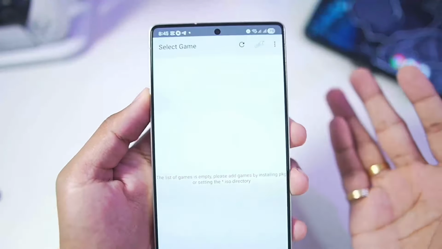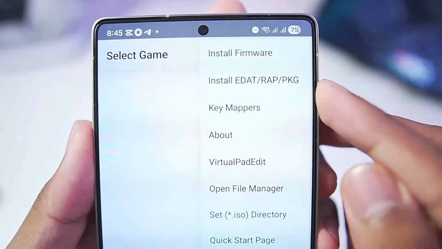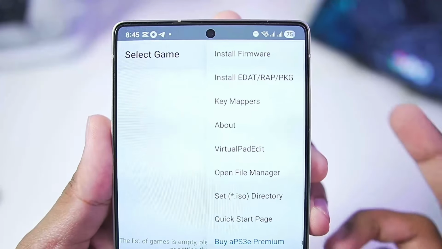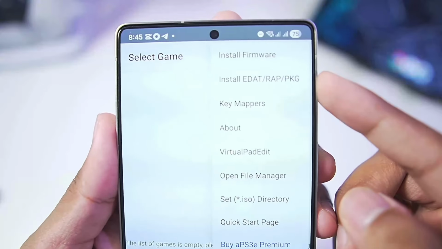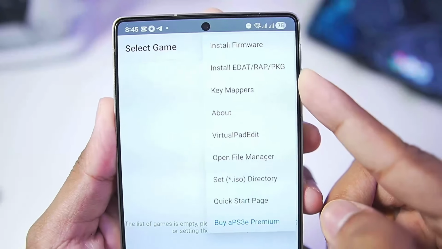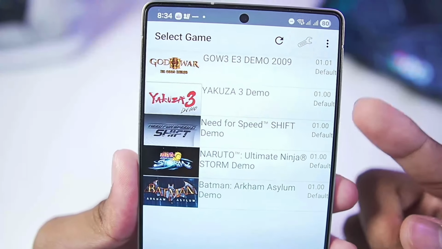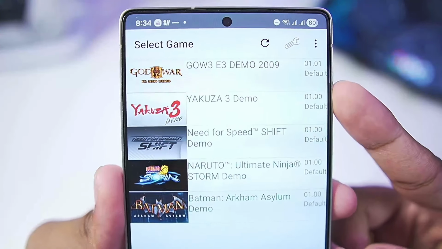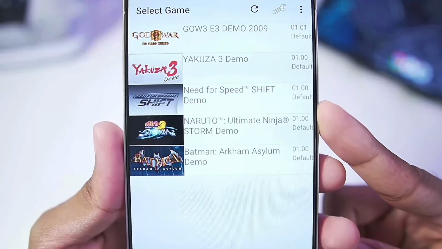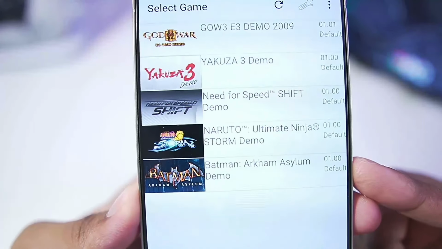Now we'll need to start off by adding PS3 games. For that, simply tap on these three lines. Afterwards, you'll need to select either ISO games, or if you have PKG etc. demo games, which I'll be using for today's video. So let me import all of my PS3 games and then I'll be back. So once you have successfully imported all of your PS3 games, you guys will be able to see the list of it. I have imported God of War 3, Yakuza 3, NFS Shift, Naruto Ultimate Ninja Storm and Batman Arkham